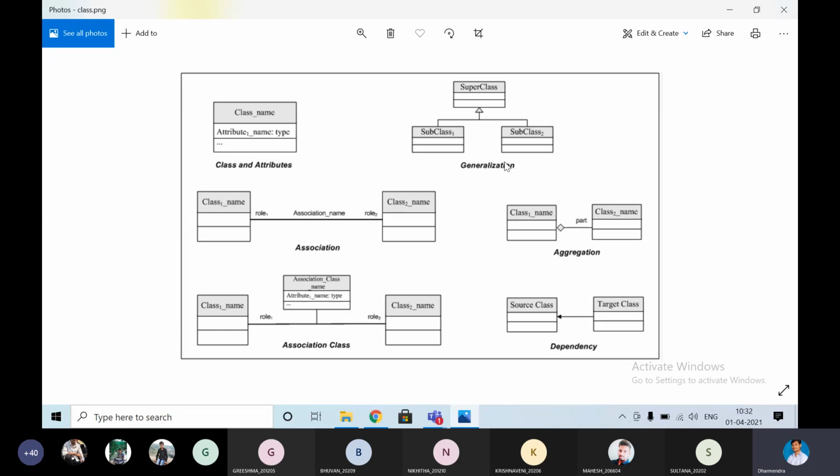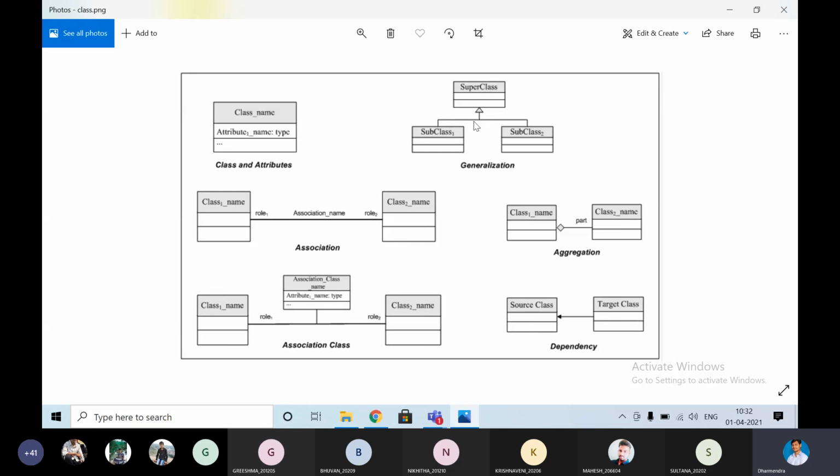Another symbol which we are going to use in class diagrams is the generalization relationship. What is generalization? If it is a super class, like a parent, and there is child 1 and child 2, these children are inherited from this particular parent.